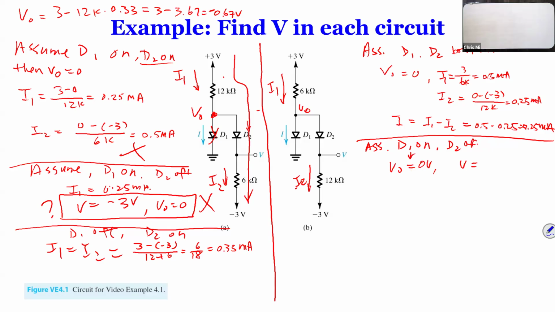If you assume D2 off, it means there's no current. If there's no current, how much voltage would you see here? -3. Which means VD2 is going to be 0 minus -3. It's going to be 3 volts. That's impossible, so this assumption is wrong. You don't have to calculate current. So now we can also assume D1 off,